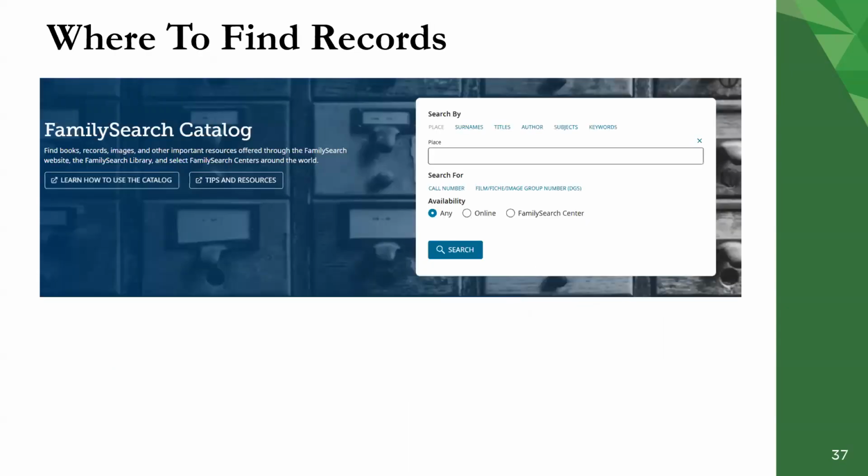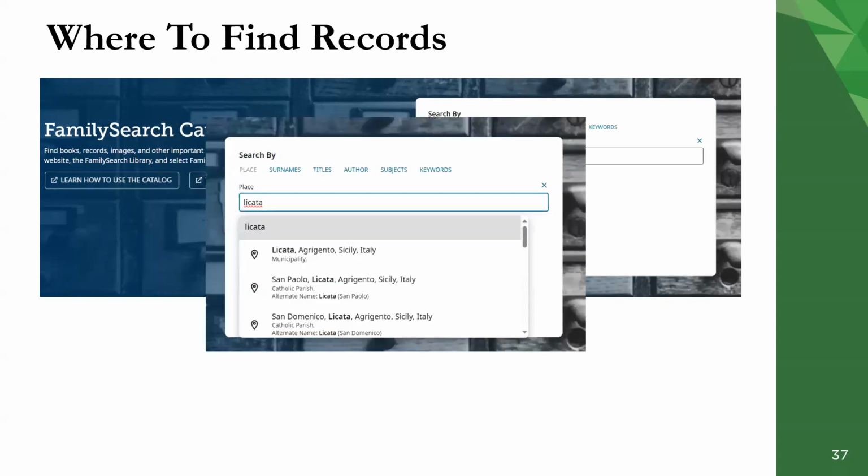So here's an example. Here's Family Search's catalog. So if you go to their catalog and it defaults up to place, just start typing the place in. So for example, if you type in Licata, the first thing that pops down is Licata, Agrigento, Sicily, Italy. Now there's another thing I wanted to mention. Remember when we looked at Gaetano Ripolino's